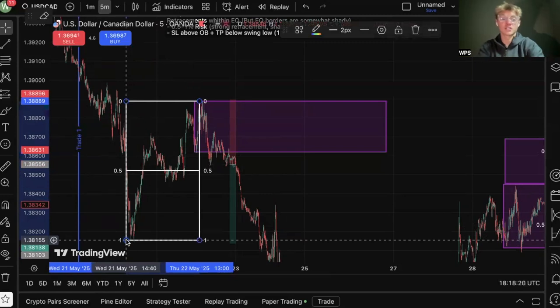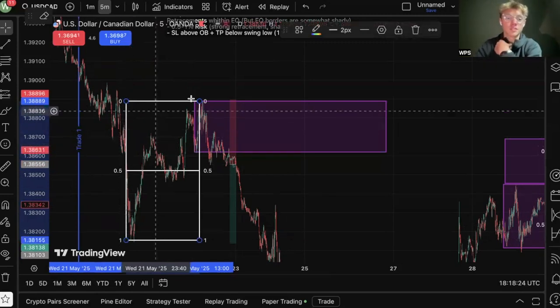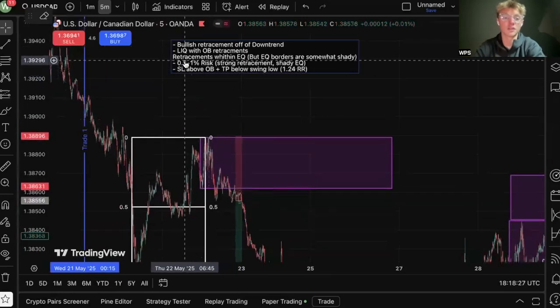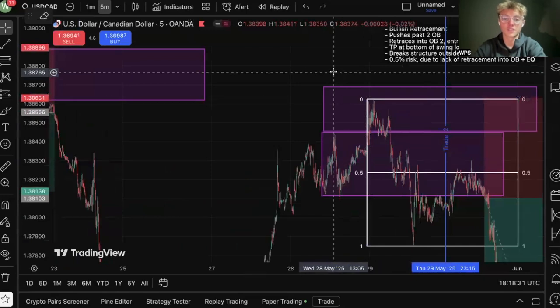I just try to shove my strategy into whatever's there. So that's why, because the equilibrium is slightly shady, I would have only done a 0.5 to 1% risk. For the second trade,